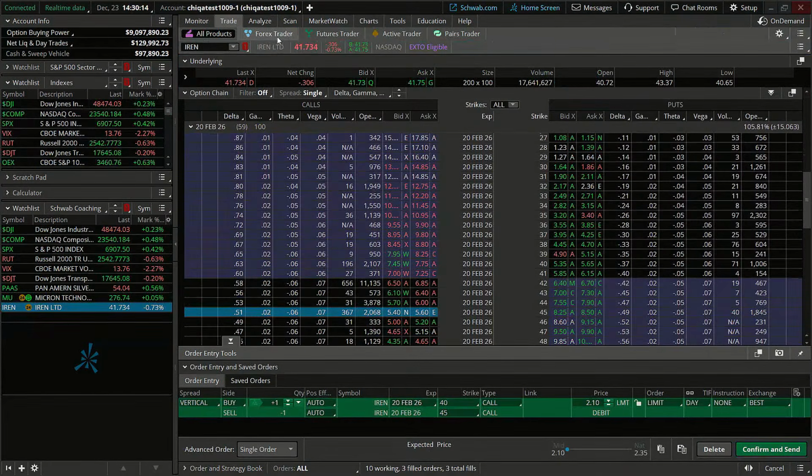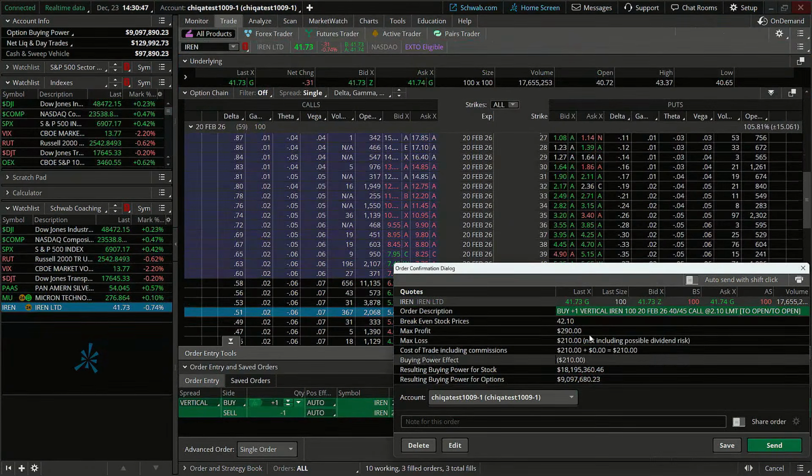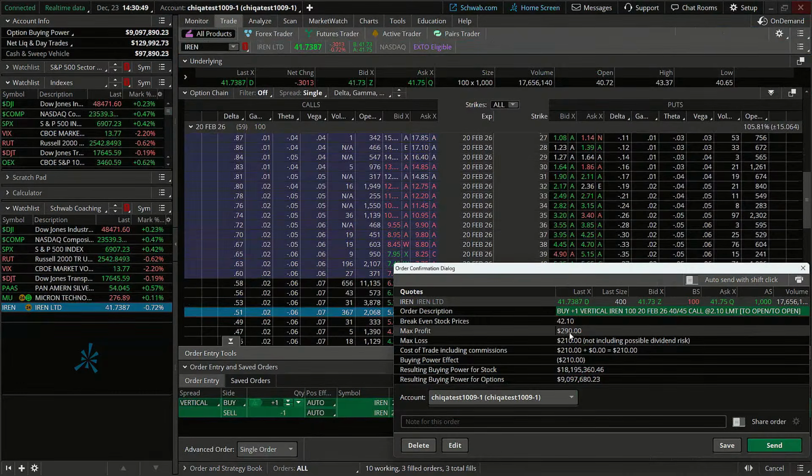Since we did see that move in our chart, that resistance really placing it right around, I think it was like 48 or so that we saw, we could possibly see a move above that level. So that's why we're going to take this directional trade here in this case. The most we can take, since it's a 5 wide spread here, the difference between 45 and 40 minus what we're paying, which is our max loss, we can see our max profit is going to be that 290 to the upside in this case.